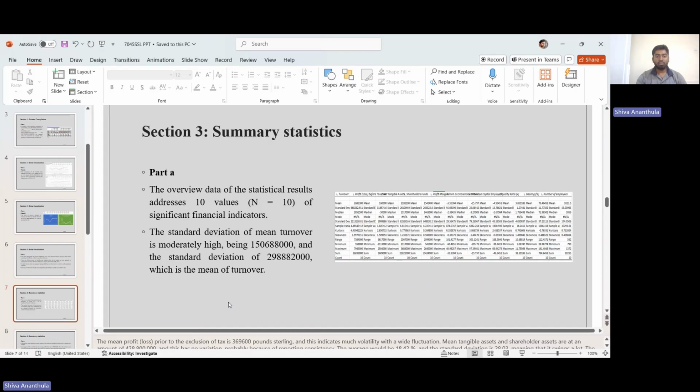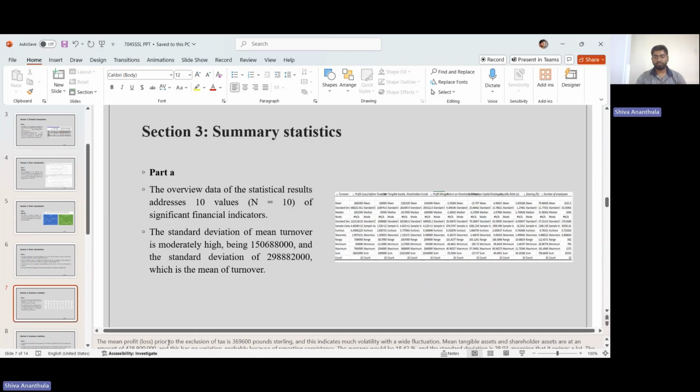The standard deviation of mean turnover is moderately high, being 150688800, and the standard deviation of value is 29888200, which is the mean of turnover. The mean profit or loss prior to the exclusion of tax is £3,69,600, and this indicates much volatility with